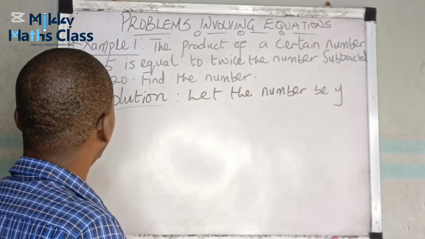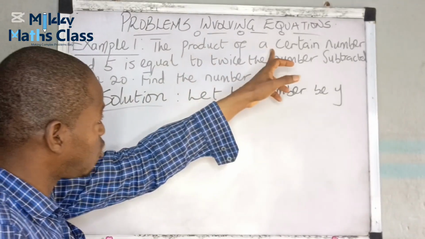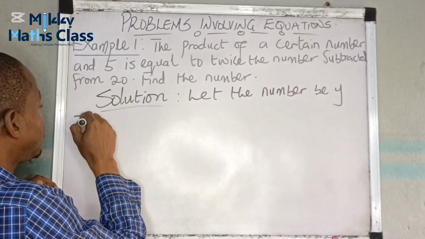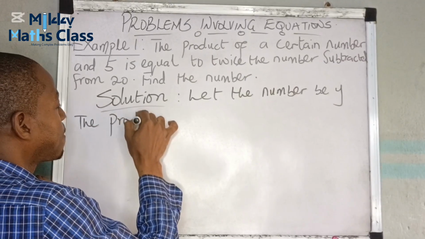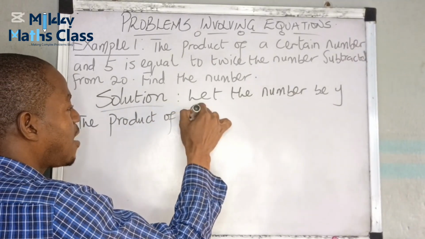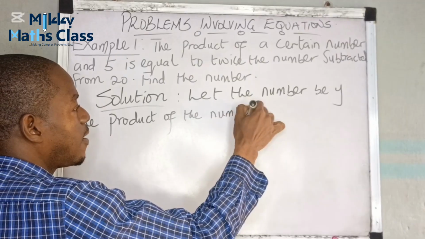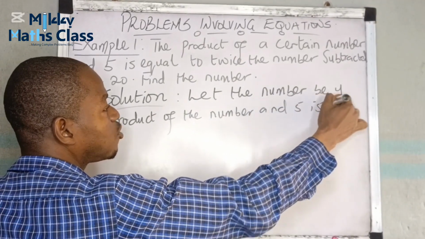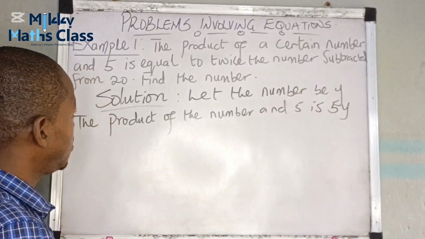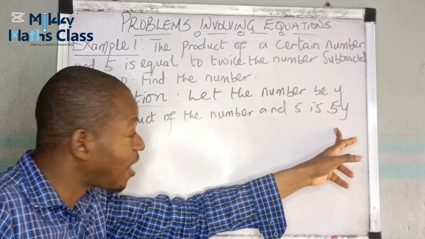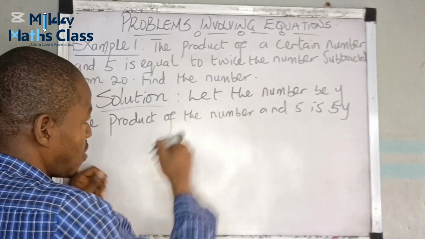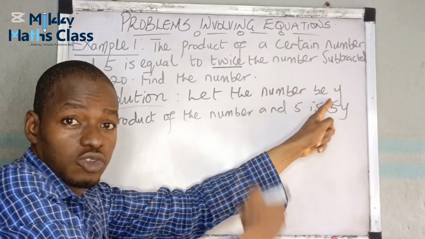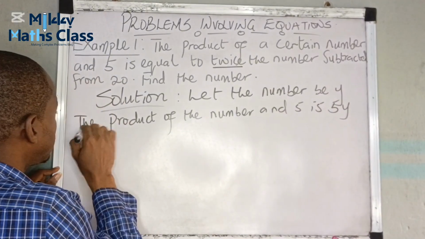Now the next thing here, it says the product of that number, that means y multiplied by 5. So the product of the number and 5 is 5 times y, which is 5y. This product here, 5y, is equal to twice the number, is 2 times it. That's y times 2. That's 2y. Twice the number